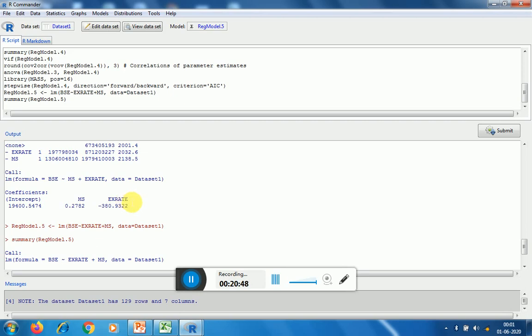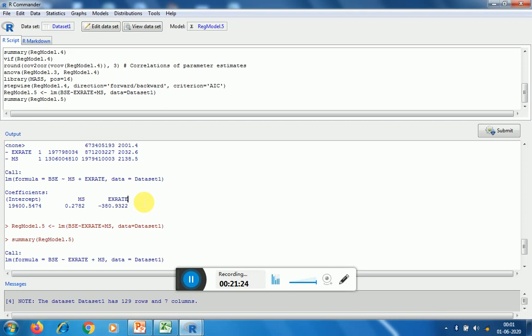Second is exchange rate. Now if the exchange rate is favorable, if there is appreciation in the value of the rupee, that means your rupee value in terms of dollar is going to fall. And if your rupee appreciates in value, definitely it will create a strong impact on the market. There will be optimism in the market, and that will help the Sensex to rise further. So there is always an inverse relationship between the BSE Sensex and the exchange rate.